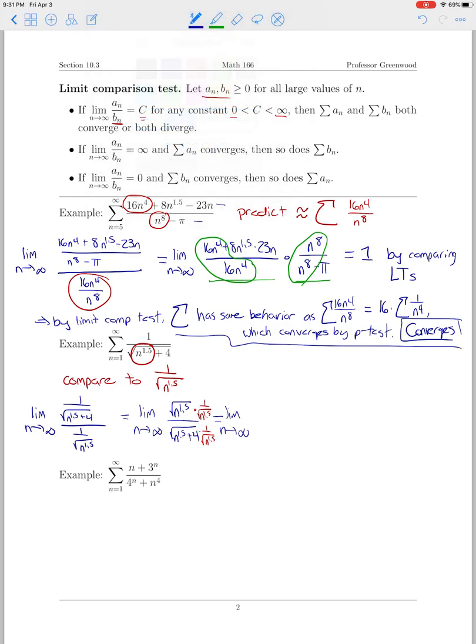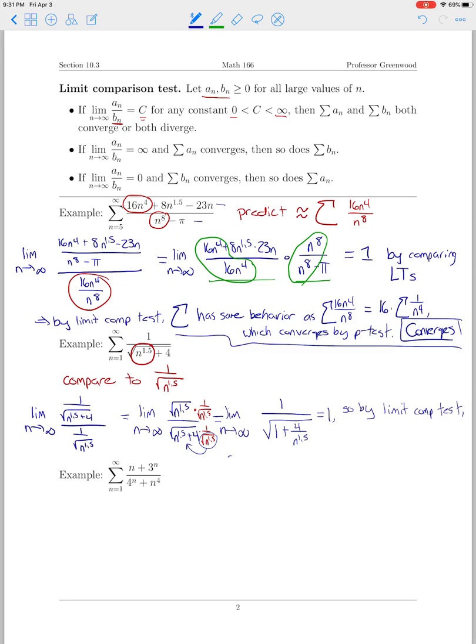And so when I do that, the top becomes a 1. And the bottom, when I combine these by putting this underneath the root, I end up getting the square root of 1 plus 4 over n to the 1.5. And so at this point, you can see pretty clearly, again, that this limit is equal to 1. And so by the limit comparison test again,